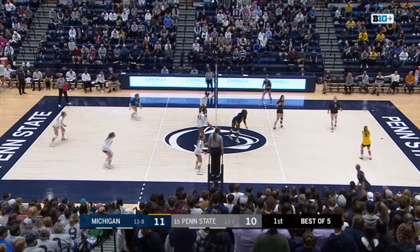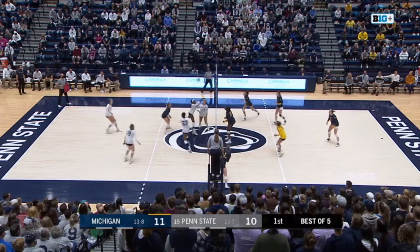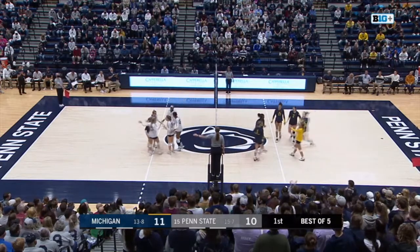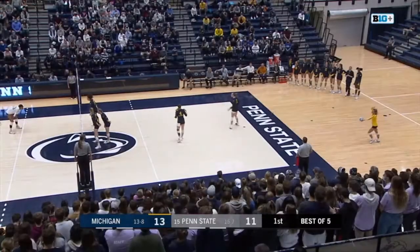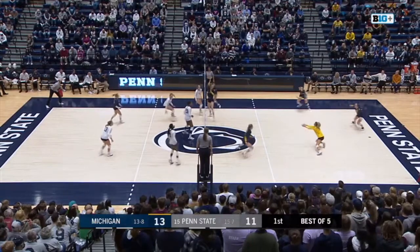Horde comes down the middle, but Merzik's there on the dig, and now a set over to Jones. Left side, Stark out of the back row with another dig. It floats over the net, but tapped back over by Penn State. Now it comes back to their side, as it's a back set to Parker, right side, and gets it off the block and out of play, tying this one up at 11. Through this early part of the first set, Michigan up 13-11, as Hampton's there on the receive from Grant's